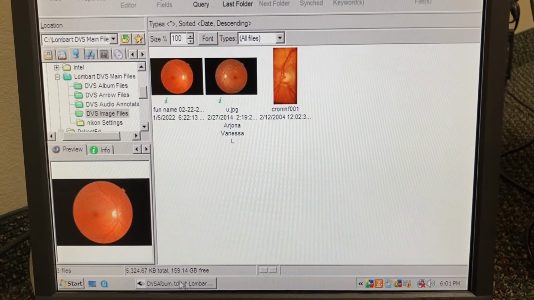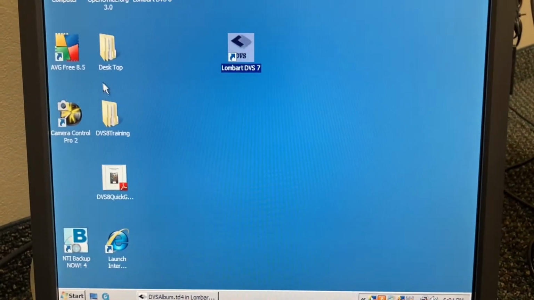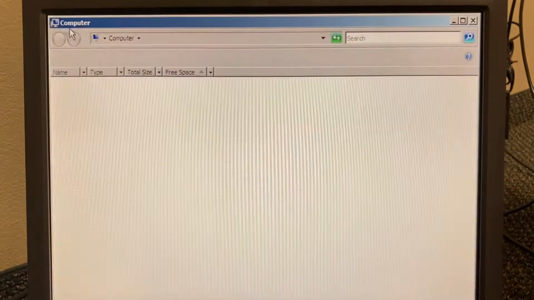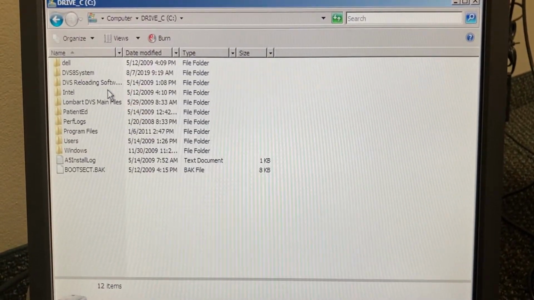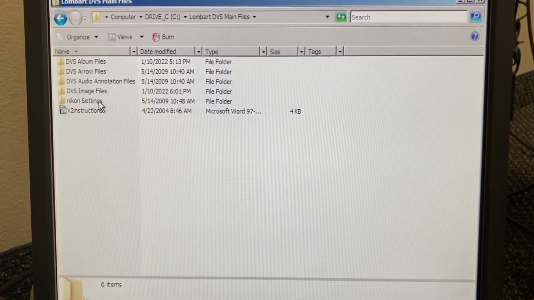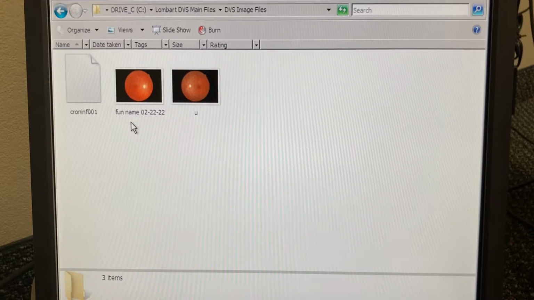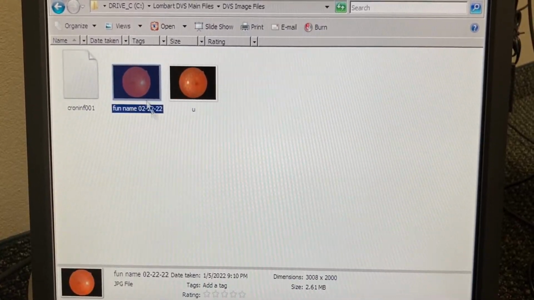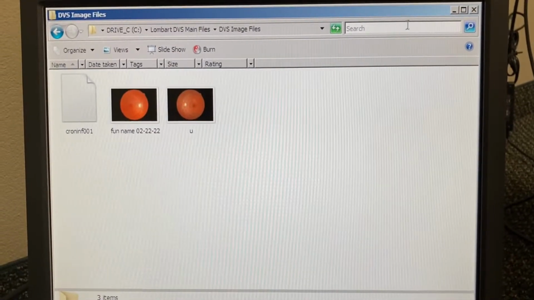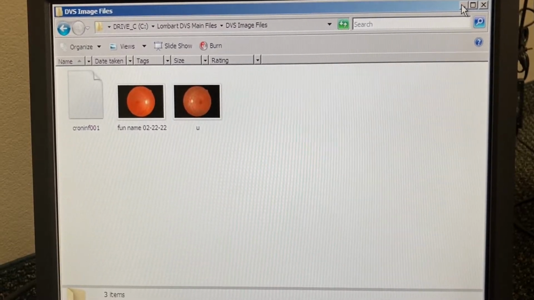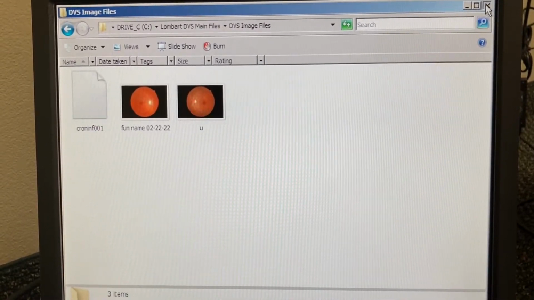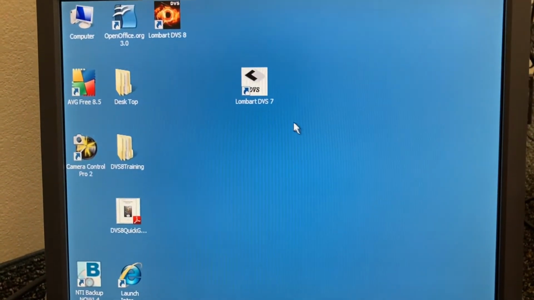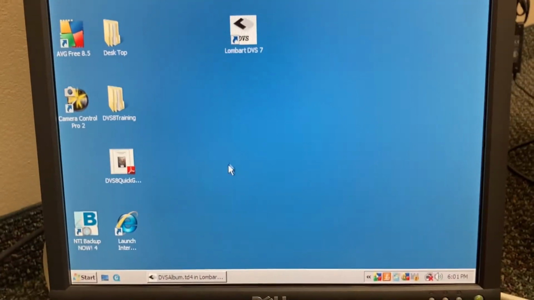Okay. That also changes the name on the normal. We go back into regular folder Lombard, regular folder images. Now it says what we renamed it. So it's not its own. I would almost not even call it a program. It's like a fancy folder place, right? So that was